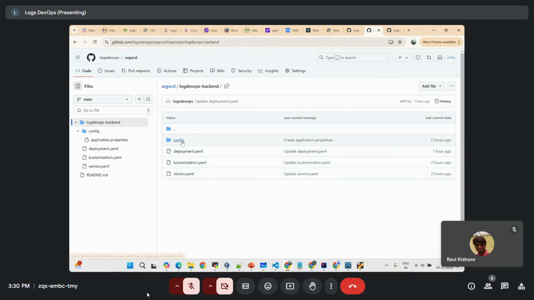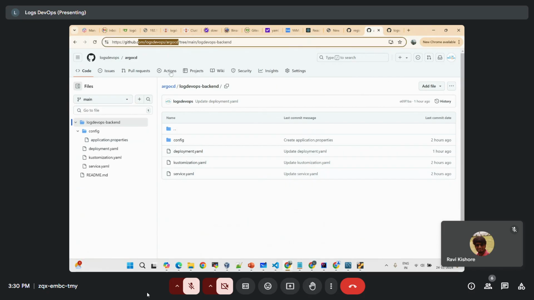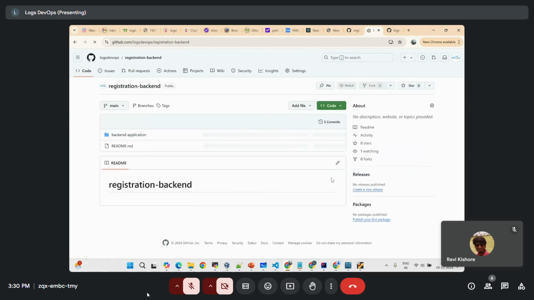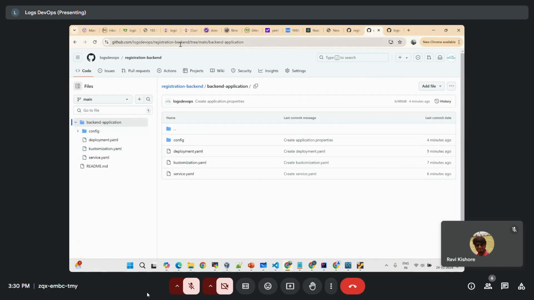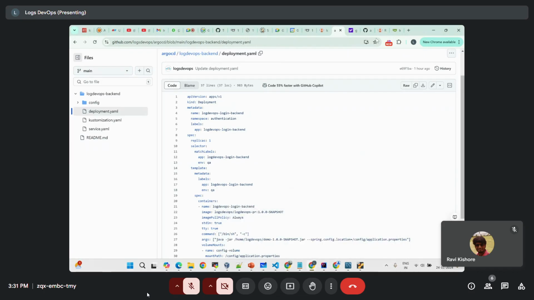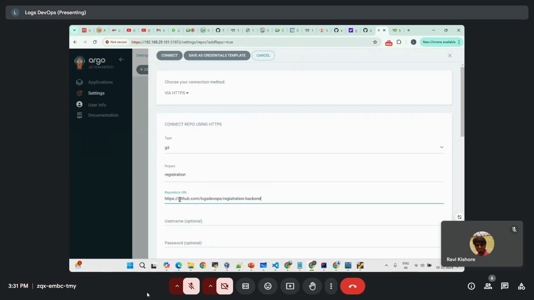See, this one I have just created. So select till the tree, and this will be your repository. Then you have to come here. Okay, then the repository link,